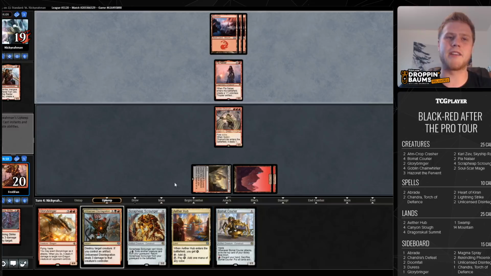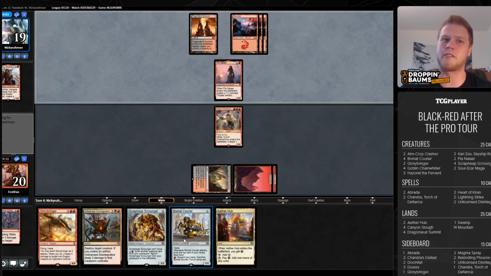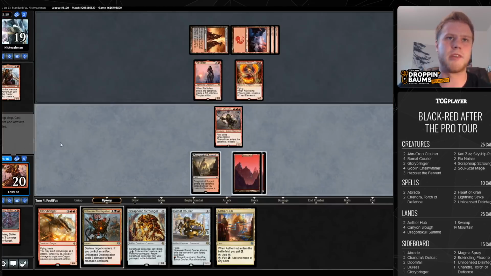Bomat's still not bad in this matchup. I mean, it's definitely not good. It's still very bad, but you just got to time it better. Like, use it as a late game spell when you're out of cards and they have to deal with other stuff, and you can maybe draw 2 cards or something, you know? I mean, it's not fantastic by any means, but...